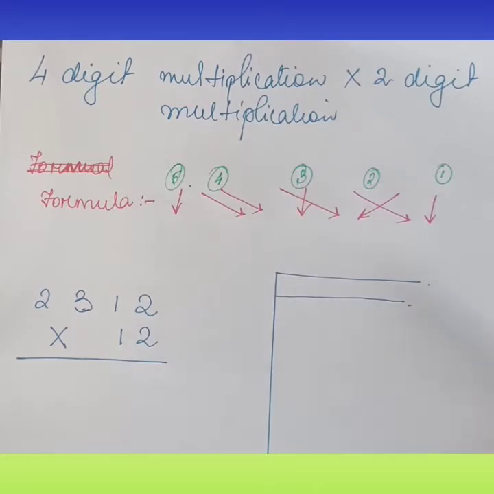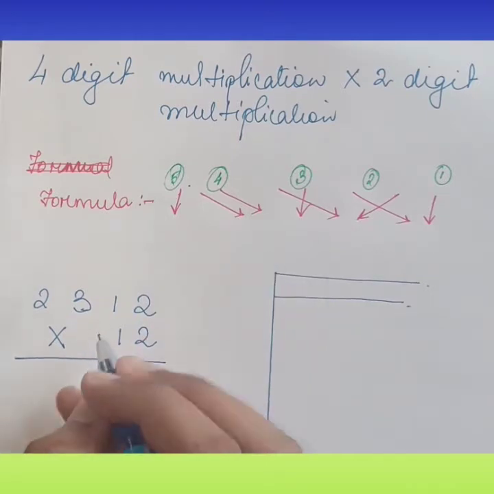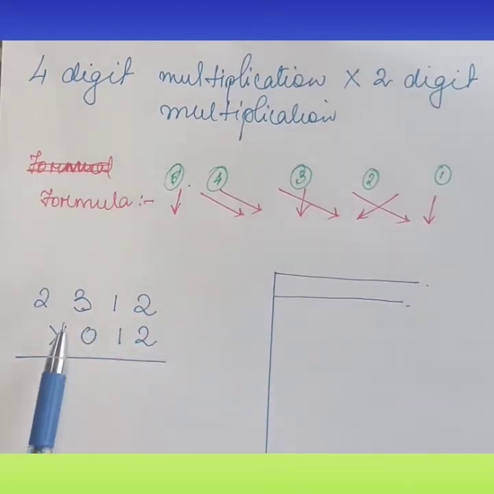First one is the same as usual in every sum: down number with the up number. The second step is also the same. From the last 2 digits we have to do cross multiplication. The third step is a little complicated. Here also I will be adding a 0 to make the sum very easy to do. So in the third step, same as the step of 3 digit by 2 digit, we have to do corners cross multiplication from the last 3 digits. If we add 0 here, then the middle one, then find the sum.